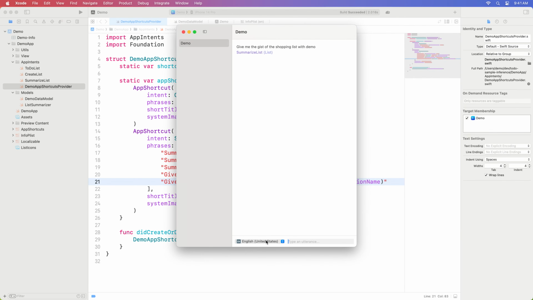Now I want to test my app in Mandarin. Rather than switch my phone's language, run my app, and ask Siri, I can simply use the locale selector in the preview. This lets me immediately test a new phrase. 产生一个新的清单. And there, the Mandarin phrase works as expected, all without me needing to use a development device.